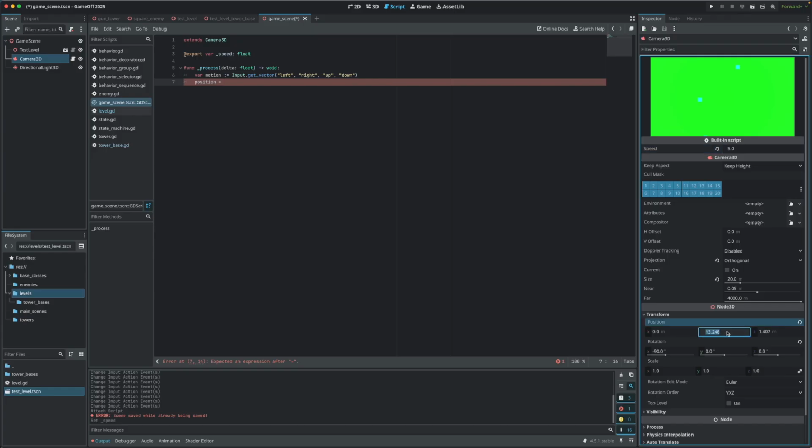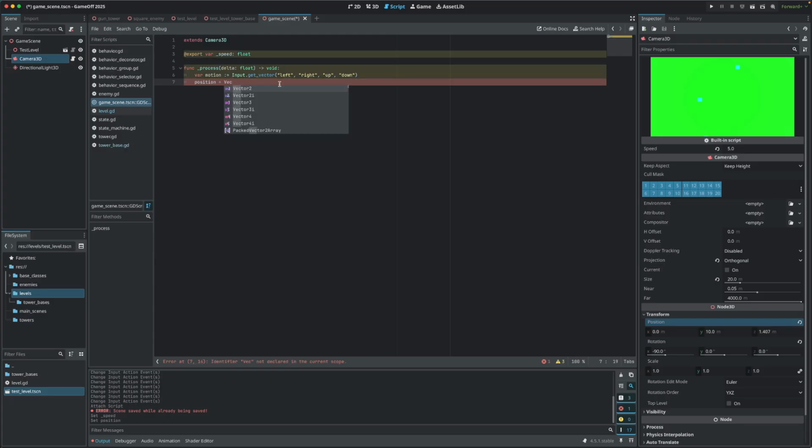I'm going to fix this at 10 on the Y. It's not going to matter since it's an ortho, but just to have a base vector for this. Let this be a